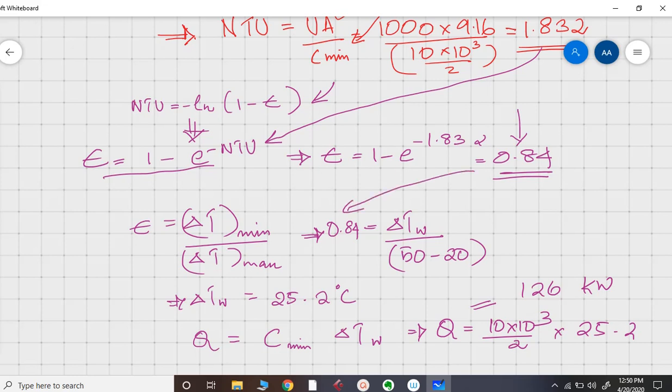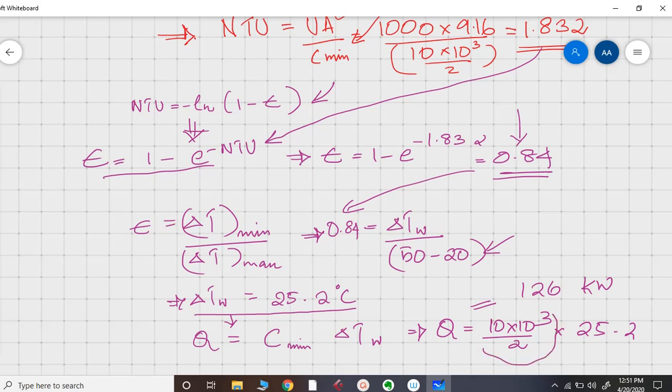The new effectiveness is 0.84. Maximum temperature difference is 50 minus 20, which is not changed. So using this equation, the new delta T for water is 25.2 degrees Celsius. Now plugging this value into the heat transfer rate equation, Q equals C minimum delta T of water, and